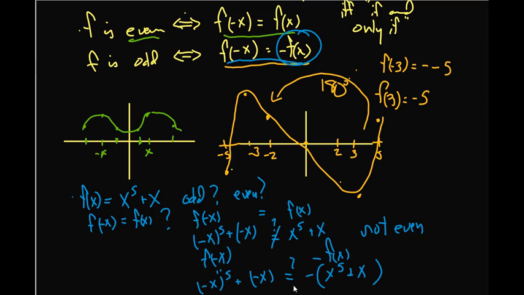So what about that? Are these equal? Yeah, these are equal, right? You get the same thing. So this is equal to this. So it's odd. So this function is odd. So you can see that it's pretty clear that when you add two odd functions together, you're still going to get an odd function. That's what we have. This is odd, and this is odd, and we got an odd function as